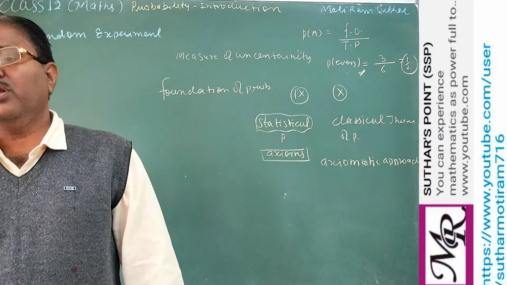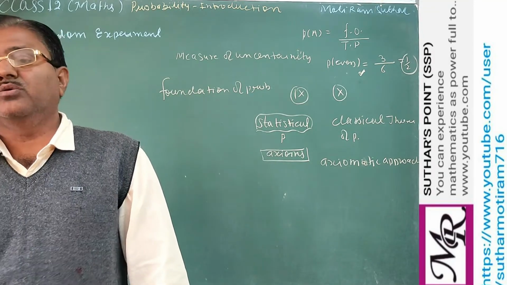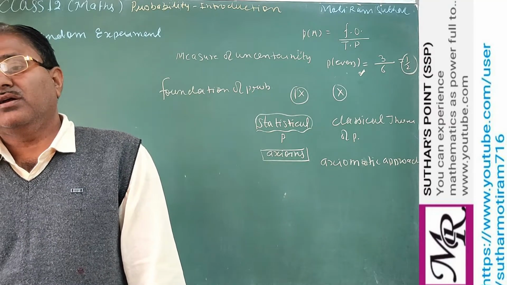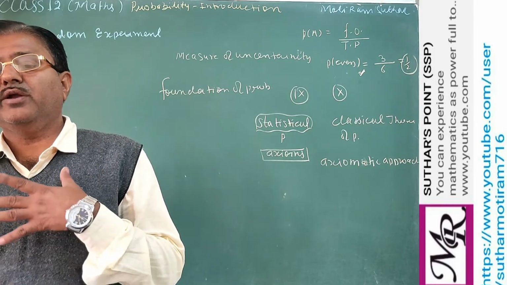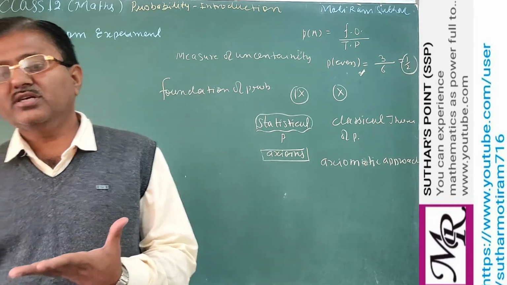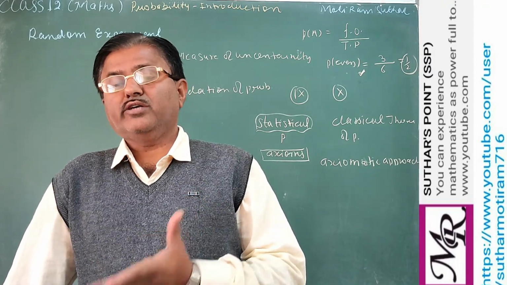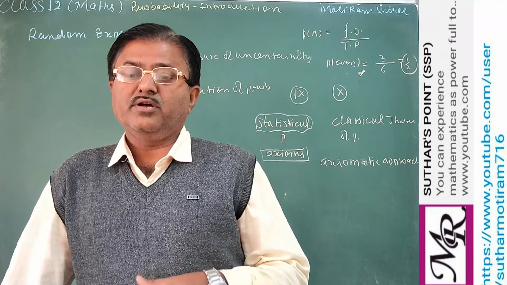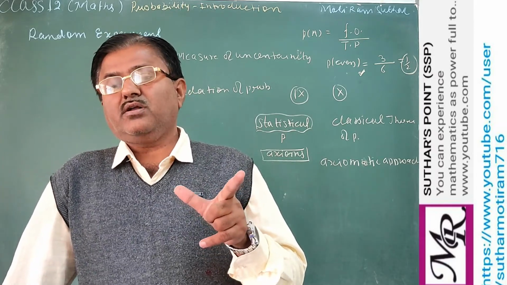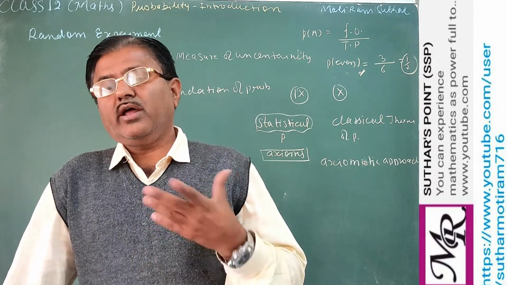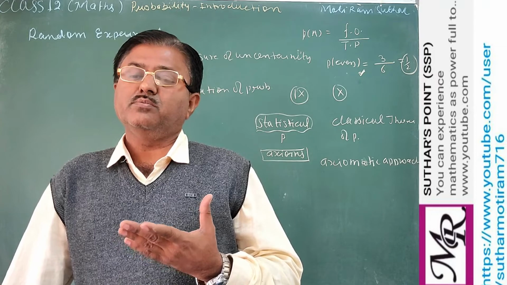Clear? Simple experiments or science experiments we are already familiar with, or the teacher gives you the instruction to perform this experiment and the result should be this. We know the result in advance, or the teacher or inspector tells us the result of this experiment should be this, or the color of the solution should be this, or the length of the sphere measured with a vernier caliper will be this. So when we know the result in advance, that is known as a simple experiment.